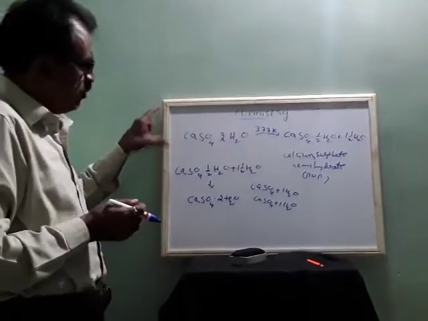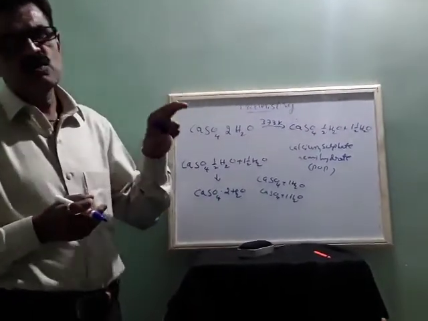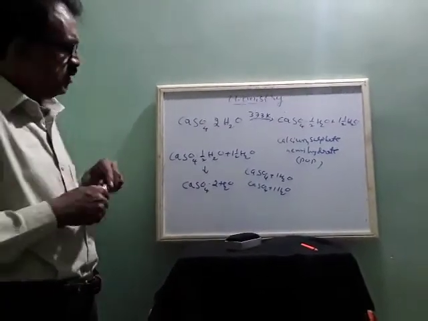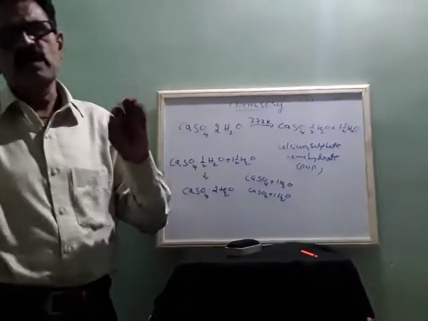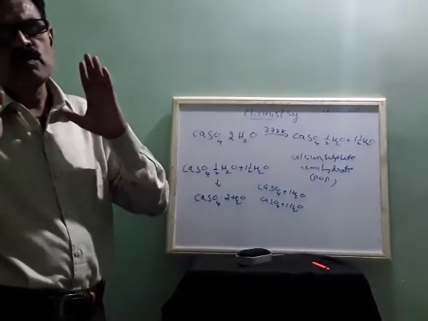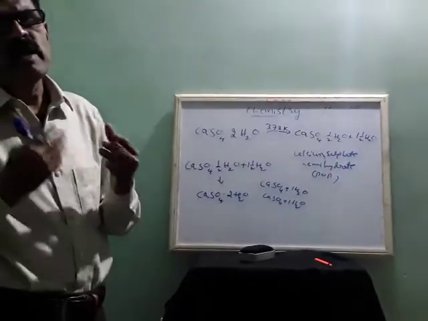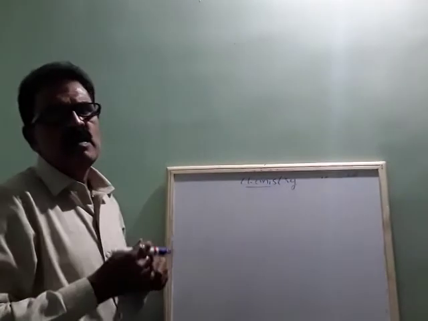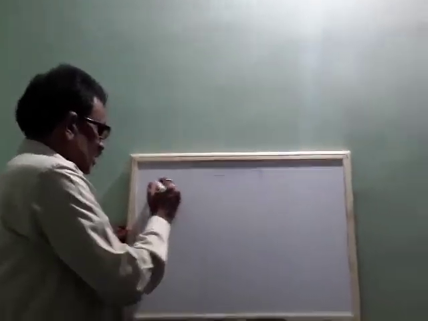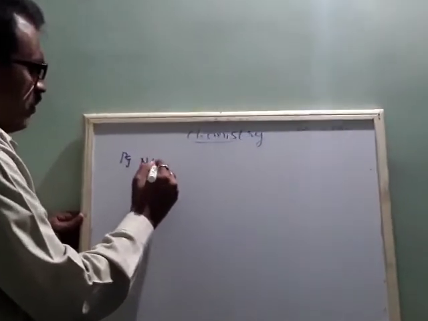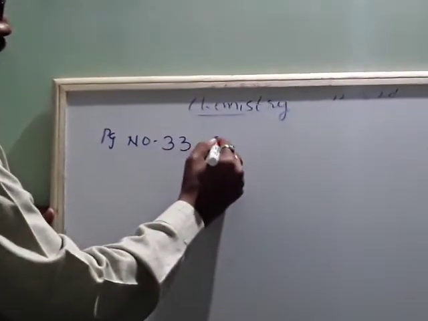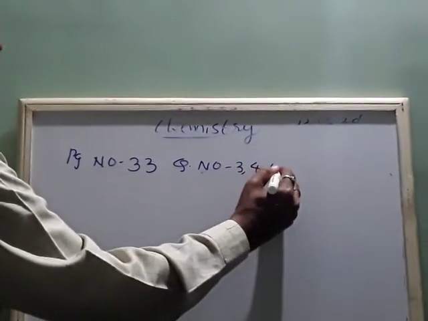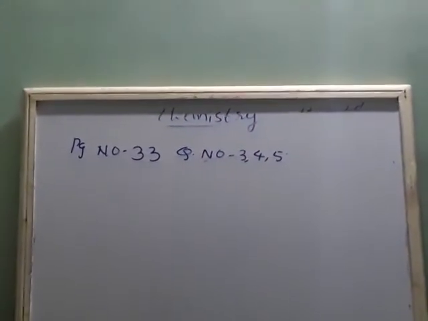Based on this, I will give some points and some important questions so that you can prepare for the forthcoming test, which is after the 15th. So be prepared. Mostly, read the textbook clearly so that you can recall properly and do well. There will be 3 questions from page number 33. Please read and try to find the answers. Page number 33, question numbers 3, 4, 5. This is your homework. Thank you.